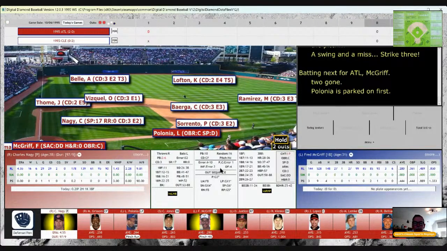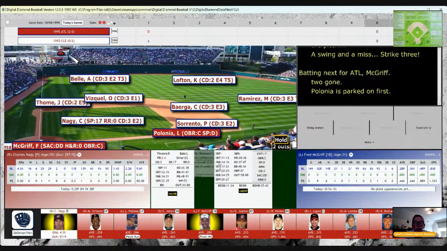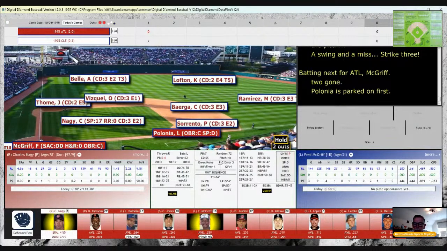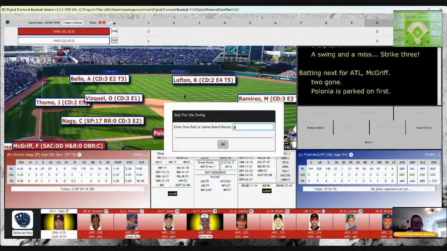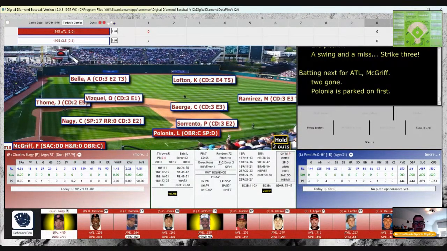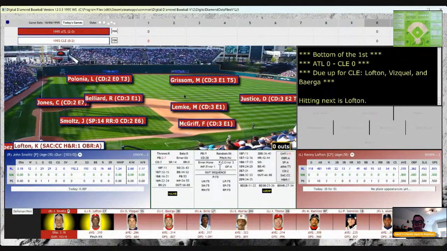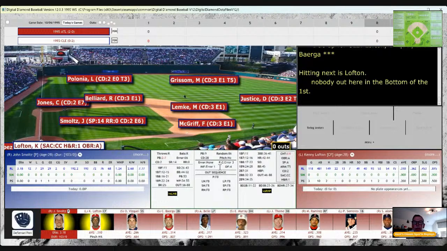2-6. Here's the roll. It is a 9. It will go on the crime dog's card. That roll of 63, however, is an out, but we will check for an error. Grounded too short. He has an E of 1. No error. And that is going to do it for the top of the first as McGriff grounds to Vizquel at short. Up with it is Vizquel, fires it over to first to Sorrento for out number 3.